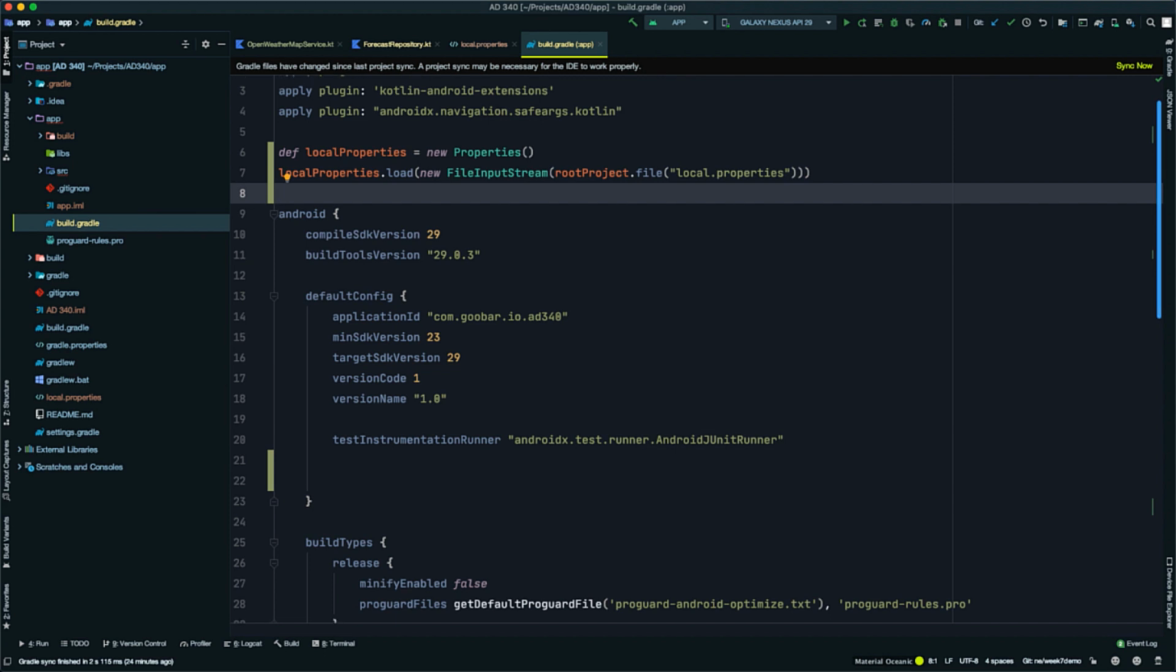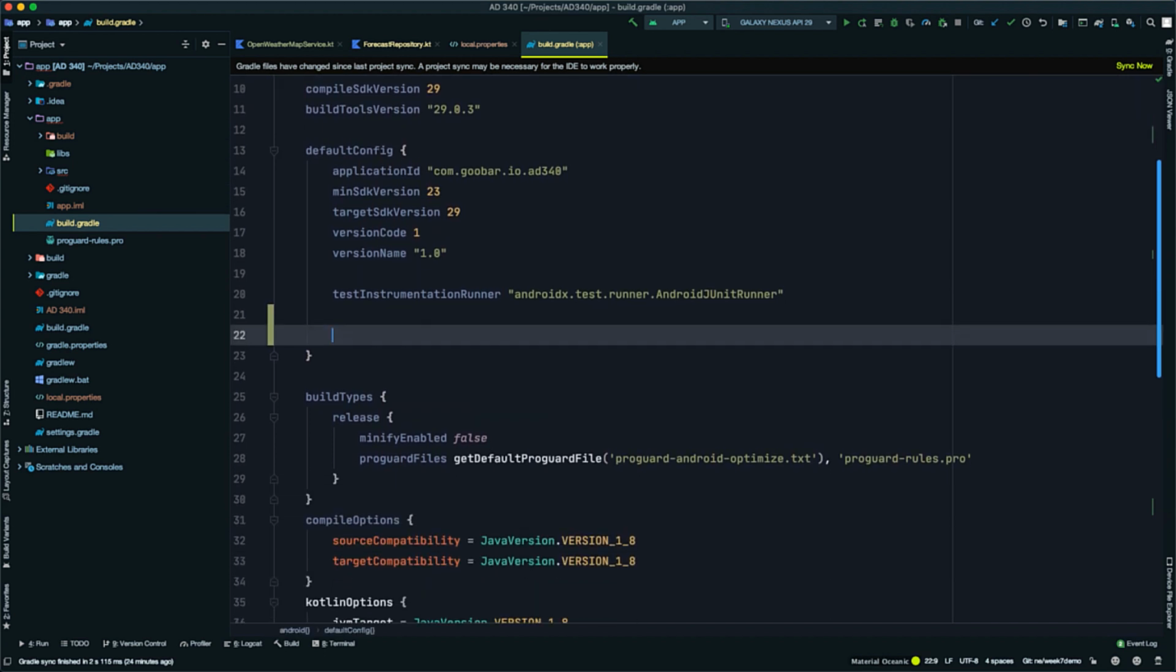So now once we've defined this local properties configuration, we'll come back down to the default config block, and we're going to make use of that. So we're going to define a new configuration property by typing buildConfigField. This will let us define a new field on our BuildConfig class. It's going to be of type String, comma, and we want it to be called OpenWeatherMap API key,